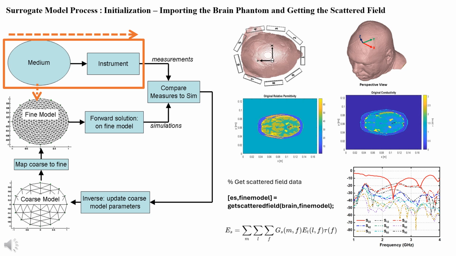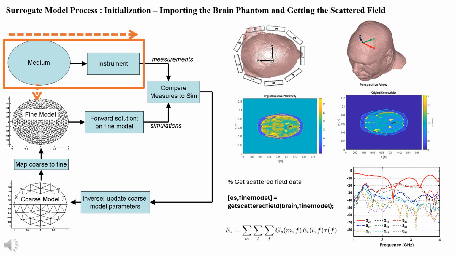For this, we begin by importing a brain phantom into the computational medium. The phantom serves as the true representation of brain tissue properties, which is essential for simulating scattered electromagnetic fields. The measurements are based on this scattered field, which is recorded using external sensors. This scattered field is created by illuminating the brain with microwave signals, and it is the basis for further processing